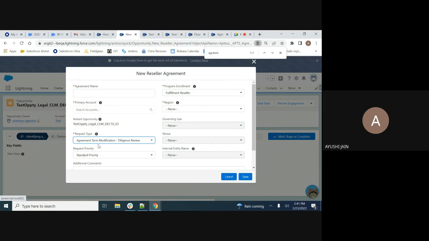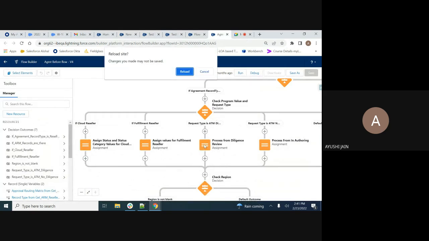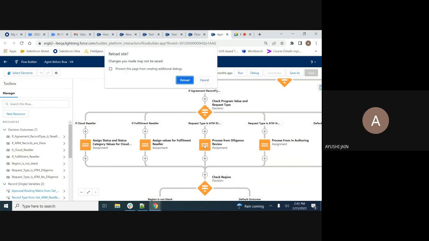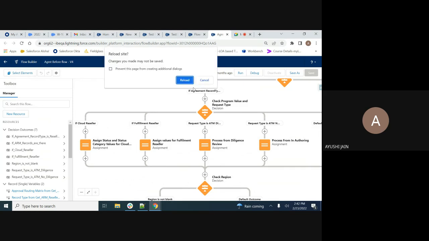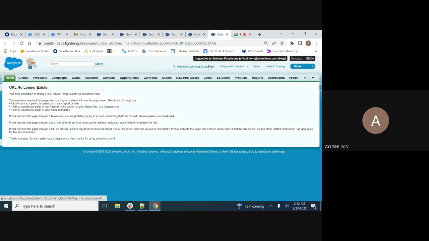How this is happening behind the scenes is also written in the same flow. In this flow, it's written that if request type is agreement term modification, diligence review, then here it's written that the status category directly changes. Oh, we have logged in as Salian, that's why we are not able to